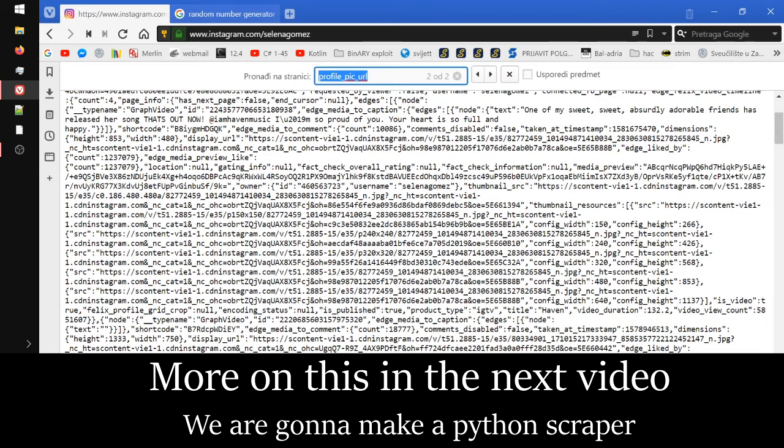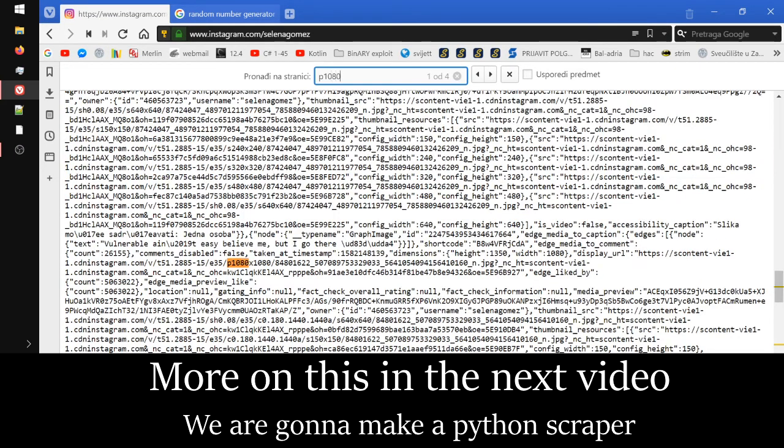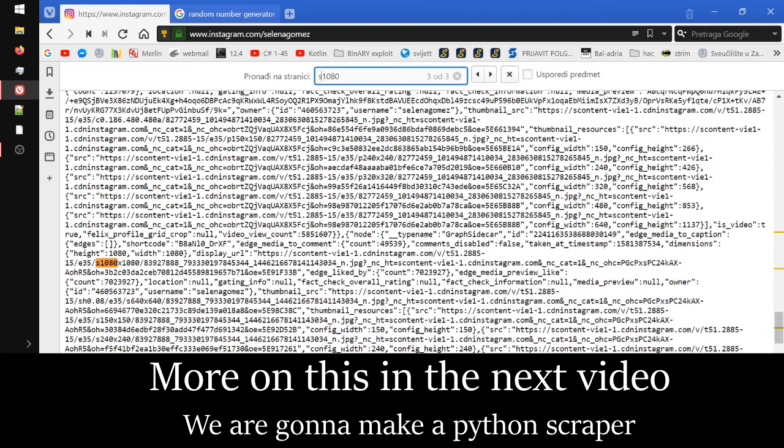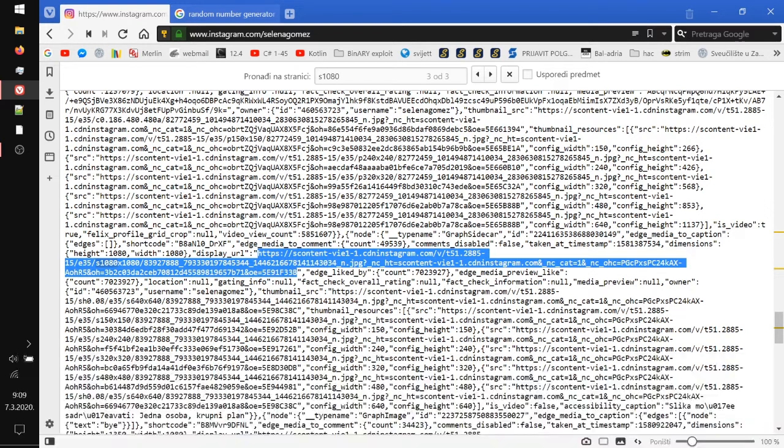So all you have to do is type in P1080, and this is in order to find some of the pictures. Now some of them are going to be stored as, so this is what we're looking for, the P1080 or X1080. So some of them will be stored as S1080. So let's take a look at any of them. If we take a look right here, this is the URL for one of the pictures, and if we copy the URL,